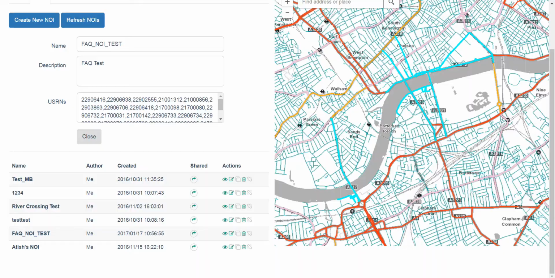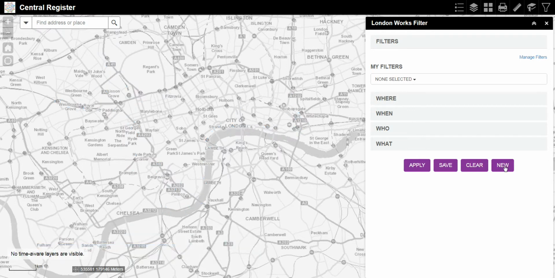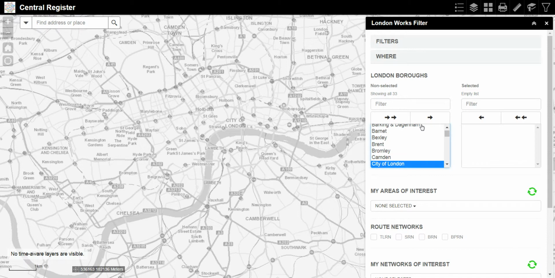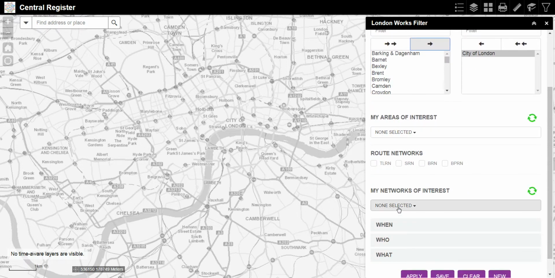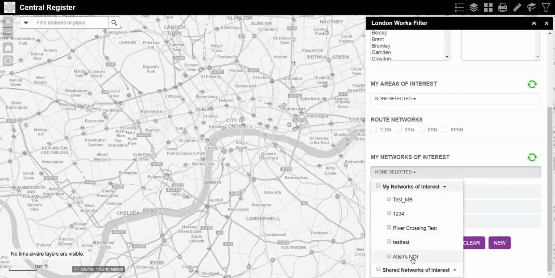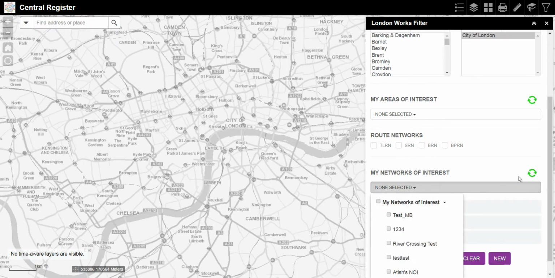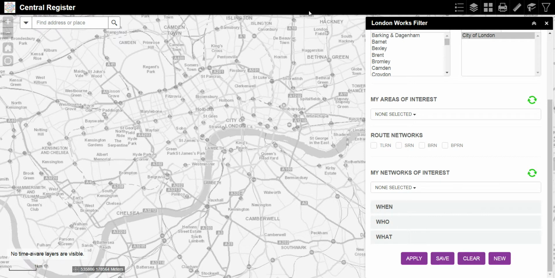The next thing I want to do is show you how you can use these in a filter. So I'm going to create a new filter. So I'm clearing this filter, creating a new one. I am going to select City of London, but this time I am also going to select a network of interest. So I'll select my networks of interest, and I will go to, sorry, I need to quickly refresh this. So if you have just created a network of interest, you can just hit the refresh button, and